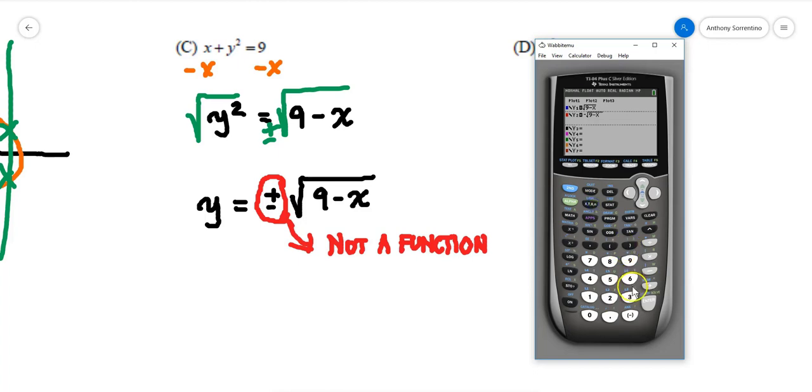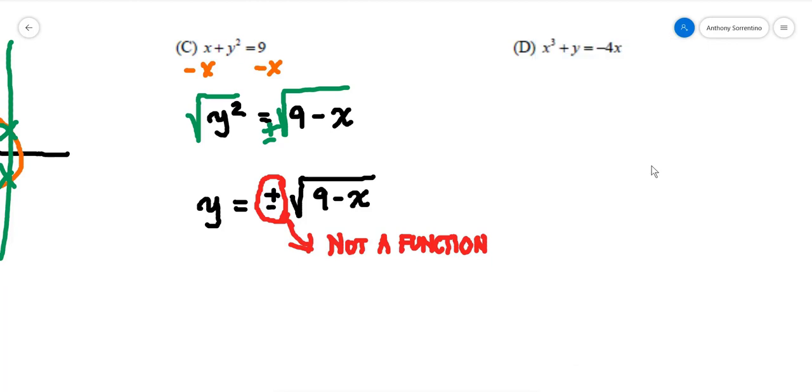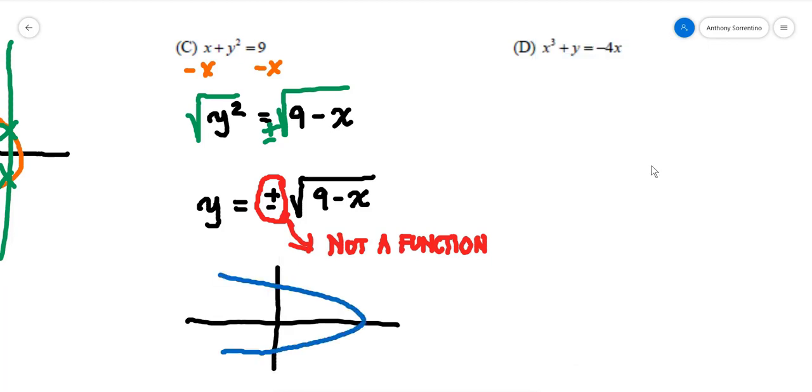Make sure on this calculator you know the difference between the minus sign, which does subtraction, and the negative symbol, which is for an indicated negative value. And if I graph this now, it's showing it in two different colors because I had to draw it in two separate graphs, but essentially it's a sideways parabola. So the graph looks something like this,